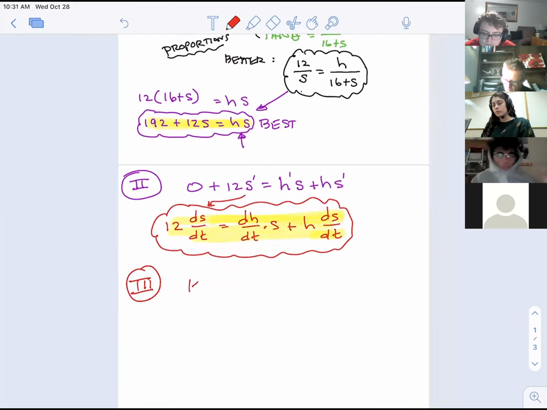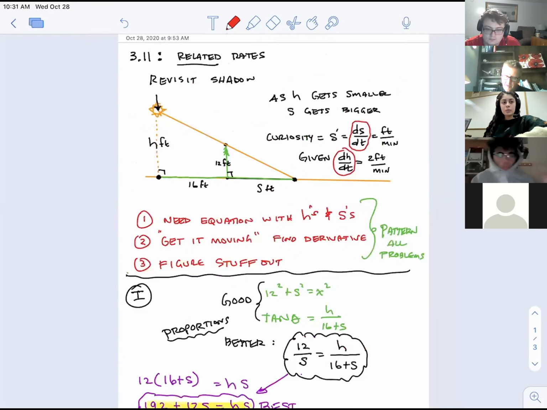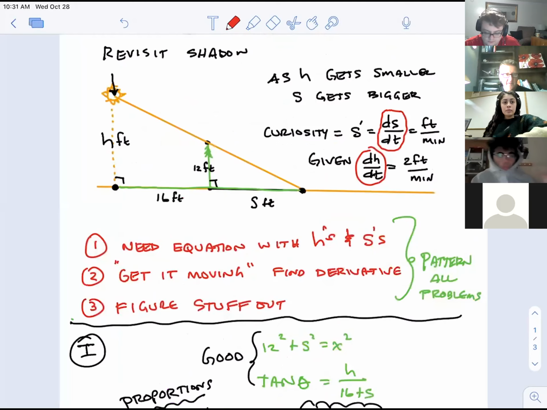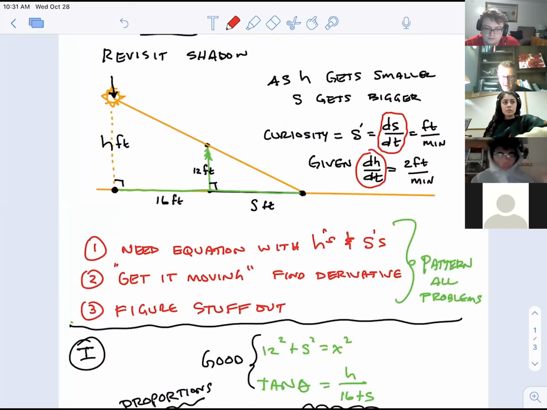So we know that dH/dt equals 2. Cool, there's one unknown, so I can throw that in there. Do I know S and H? No, I don't. But if you think about it, that makes sense, because didn't we just see a second ago that how fast S was moving depended on where it was? Like if S was back here, wasn't dS/dt really slow? Whereas when it was way out here, wasn't it really fast? So doesn't it kind of depend on where you are?